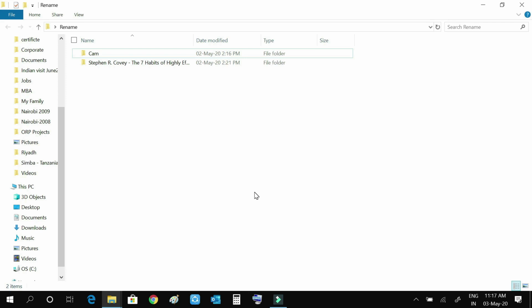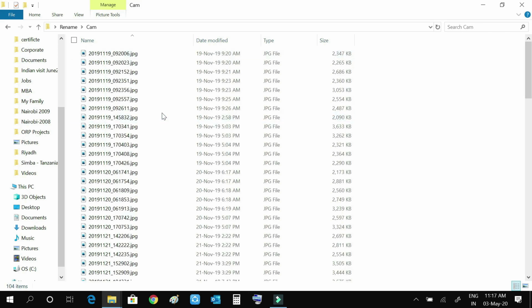With the first method we are going to rename many files in one go, like the photos we capture by camera or our mobile, which come with a default name. After a period of time we will not even know how many photos are there or which photo we would like to take for other use, so it will be very difficult. So let's see how to do that. That's very easy. Most of you might be knowing, but I am doing that as well.